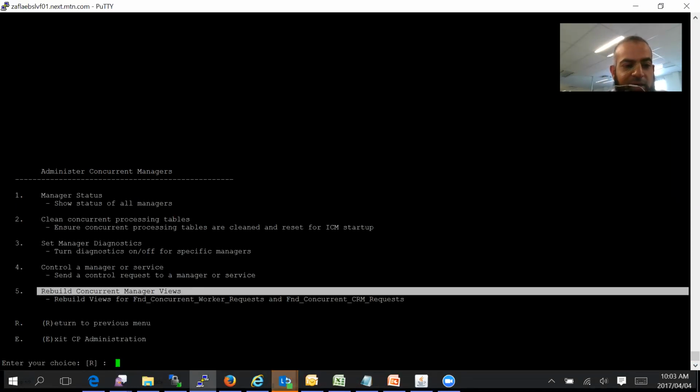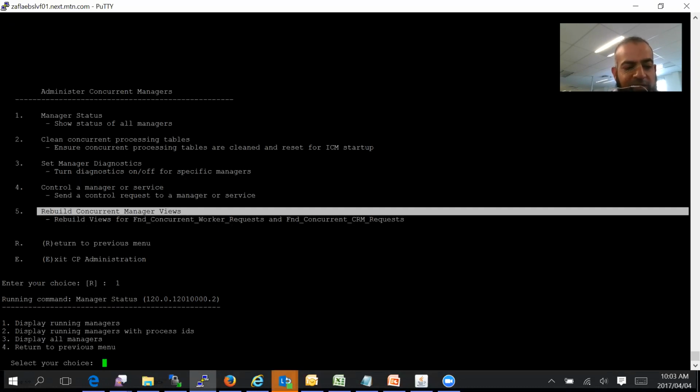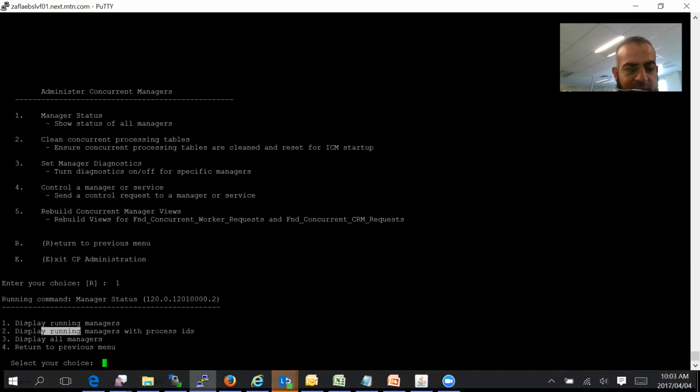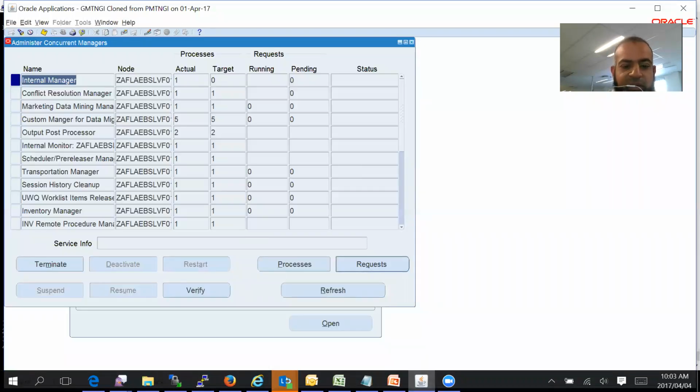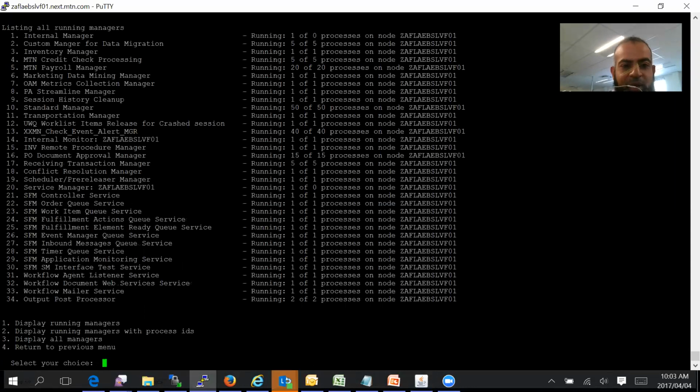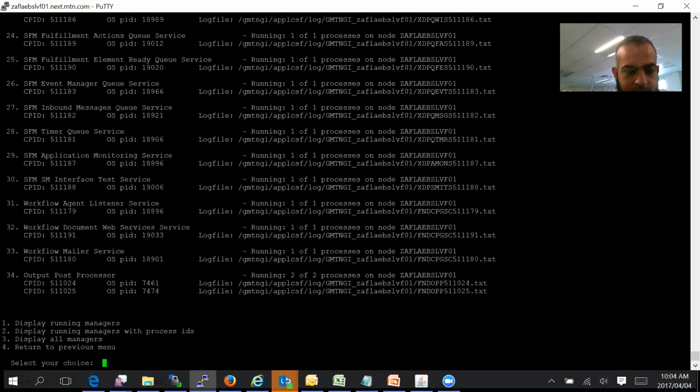If I can show you, if I type in number one, you have an option: display running managers, display managers with process IDs, and display all managers. So let's do number one, which is display running managers, and look at that. It shows you everything which is running in a more readable view instead of going to this view over there. Now, if we choose display managers with process IDs, which I really like, which is brilliant, because